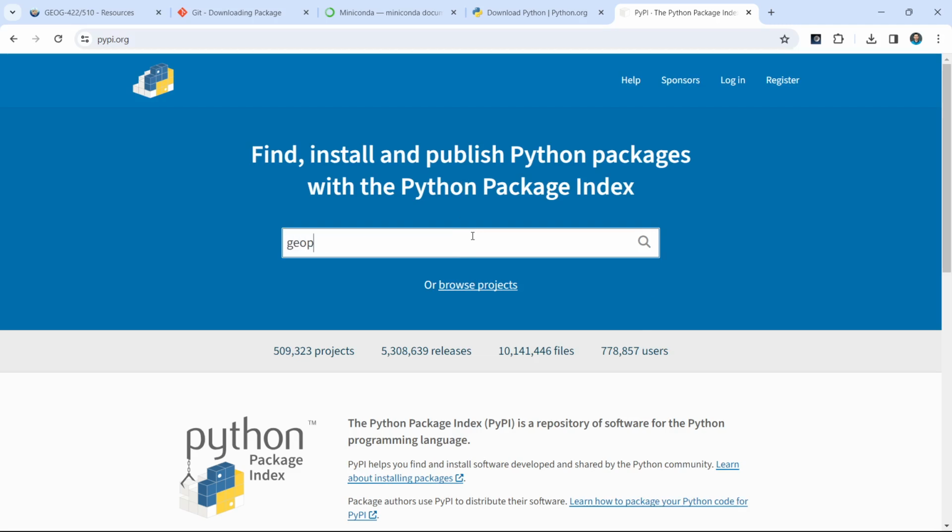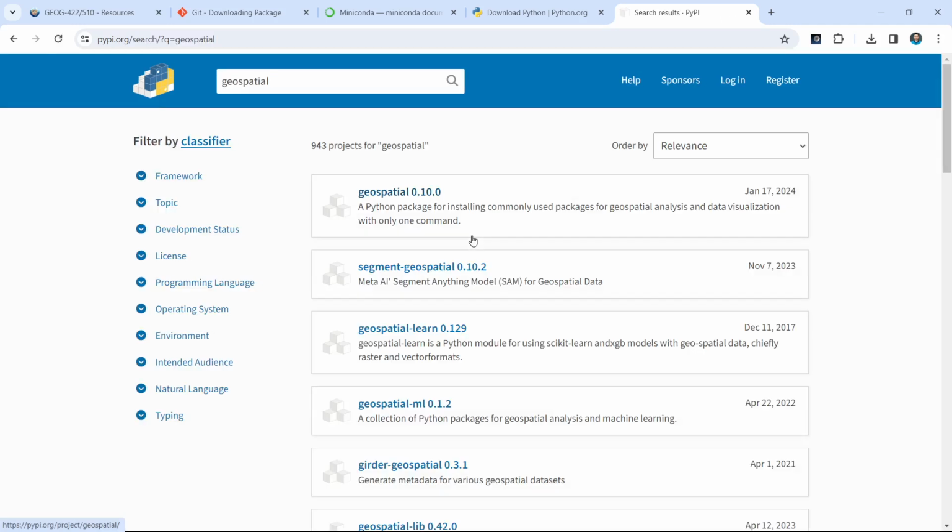Maybe if you have no idea, like you're doing geospatial, you can just type geospatial and see what packages are related to geospatial. There's a package called geospatial, and also segment-geospatial and geospatial ML. I'm happy to see that in the search results, the top 5, I have 3. So if you click geospatial,